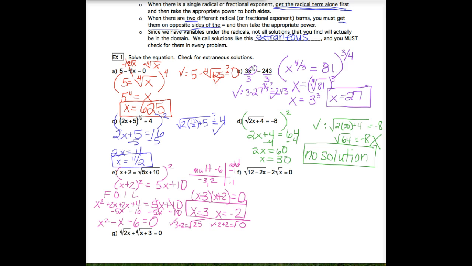3 and negative 2 are both good solutions. All right. So I did 5 examples where we only had a single radical term. Now, the last 2 examples are the other type. We have 2 different radical terms. So we have to get them on opposite sides of the equals. The reason is,